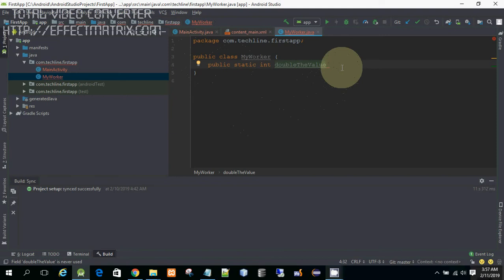Now double the value is going to accept one parameter, a value, which is an integer. Okay, now double the value is going to return value multiplied by 2. Okay, so this is our helper class,